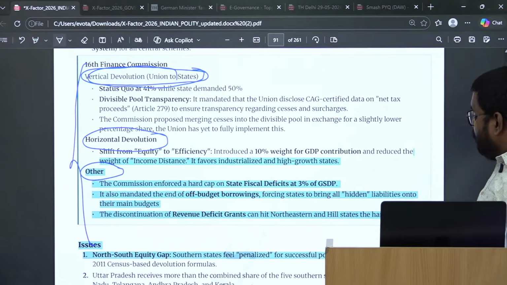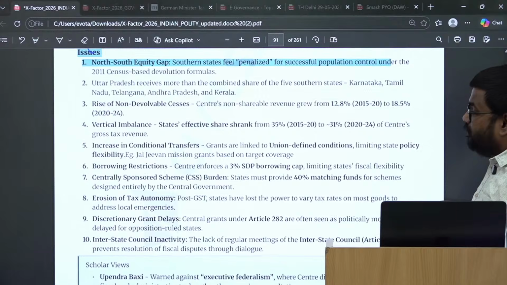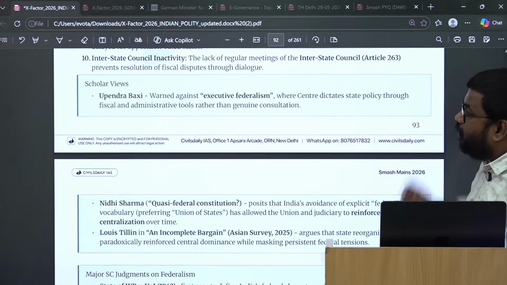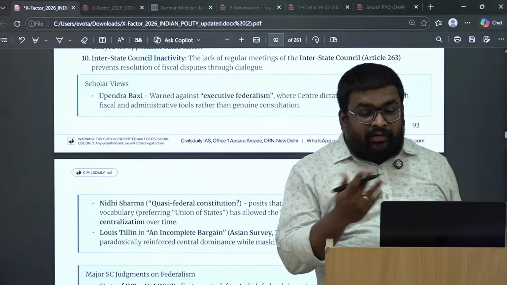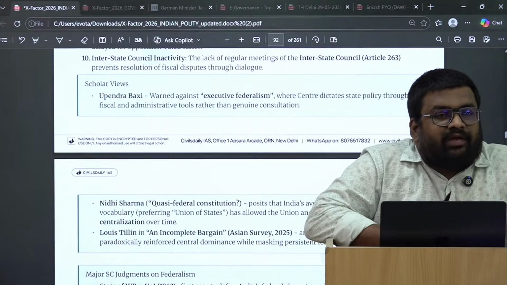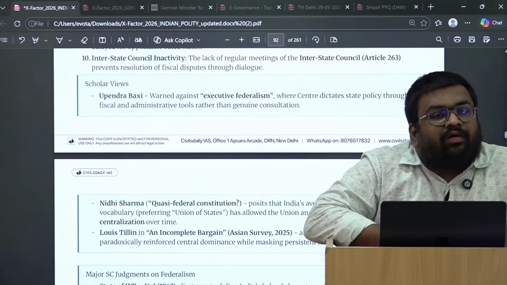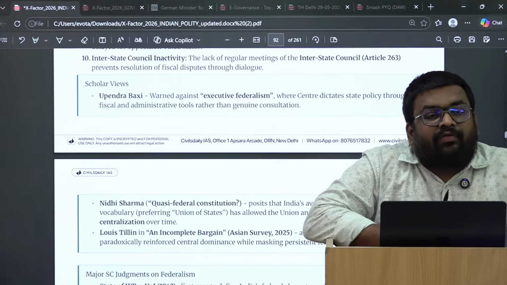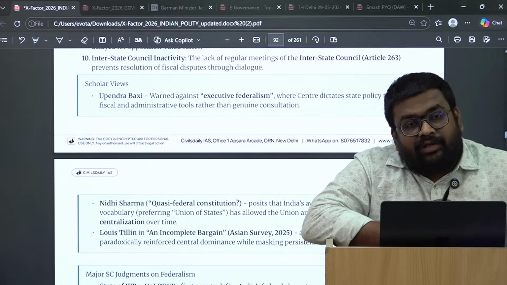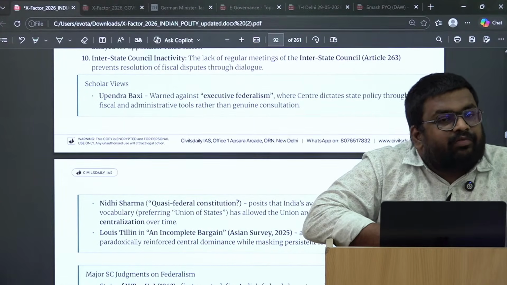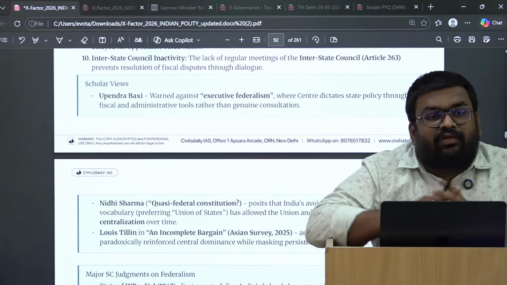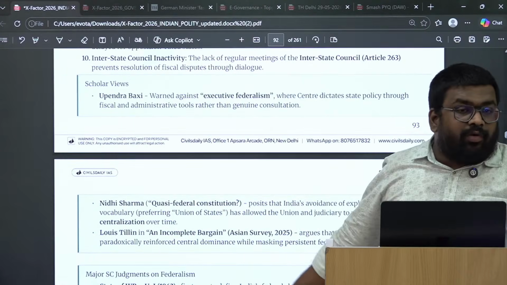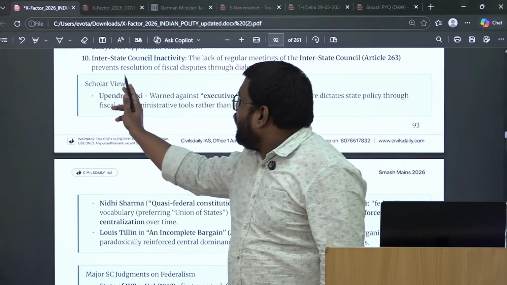Then major issues with respect to the 16th Finance Commission and the scholar views. Again, scholar views I have given in the box. That means imagine or think of any of the answers that you have read of toppers, or even the normal answers with respect to federalism. Hardly will you find any scholar. जिनके बहुत अच्छे मार्क्स आए, those who have crossed 125 in GS2 only, they will have the inclusion of the scholars. So here I am giving you the ready-made. Okay, and I have put it into the box. That means you need to add this.